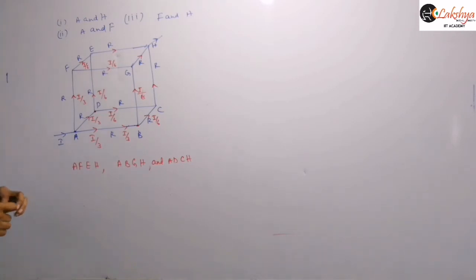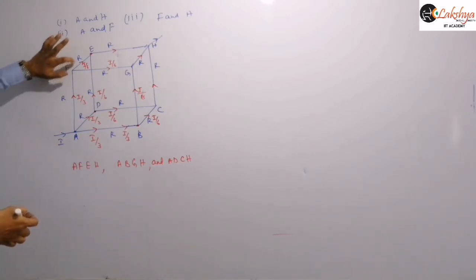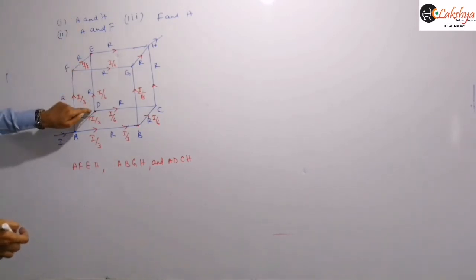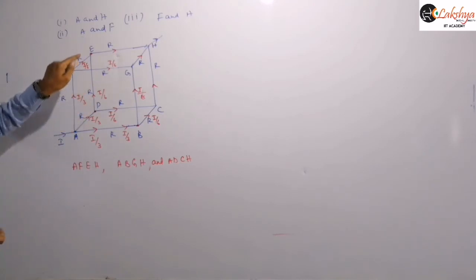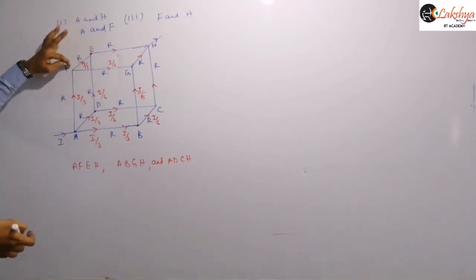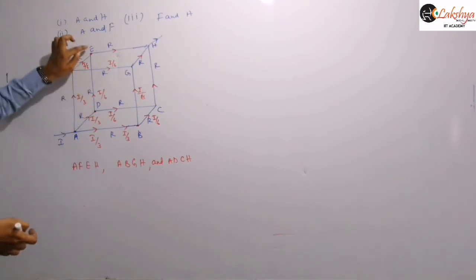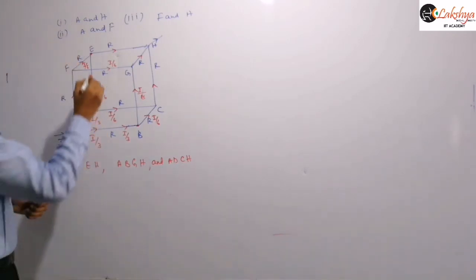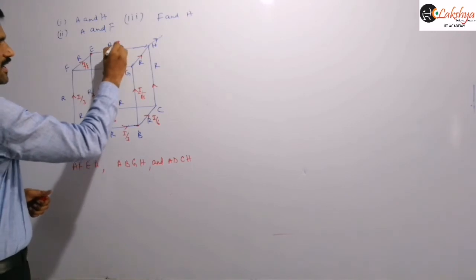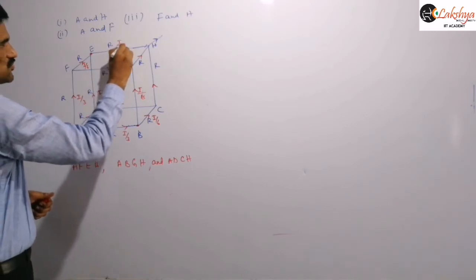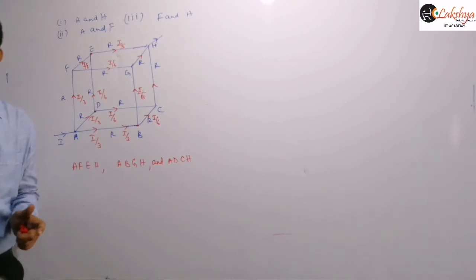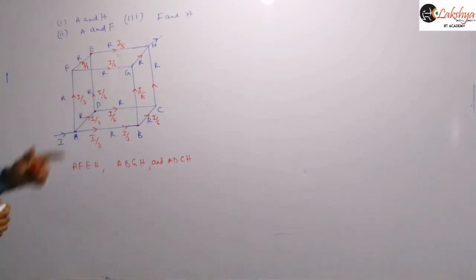And next let us consider further division of this current here. Now suppose I am taking this junction E, right? At the junction E let us take this current here. From F I by 6 is coming and from D I by 6 is coming, right? Observe this, I by 6 is coming from F to E and I by 6 is coming from D to E. So the total current flowing in this resistance we can write as I by 6 plus I by 6, which is I by 3. Got it? I by 6 and this is I by 6.